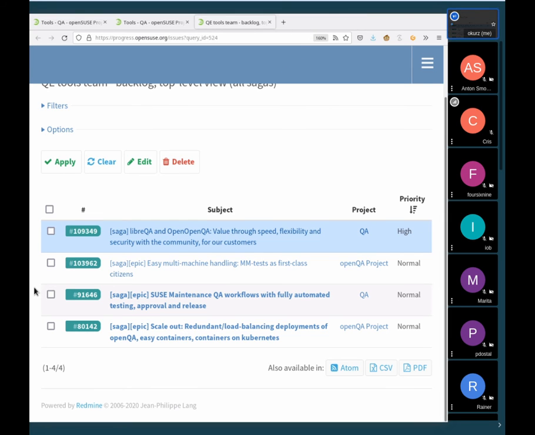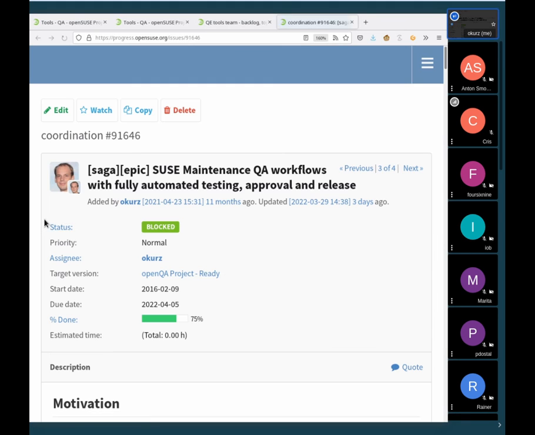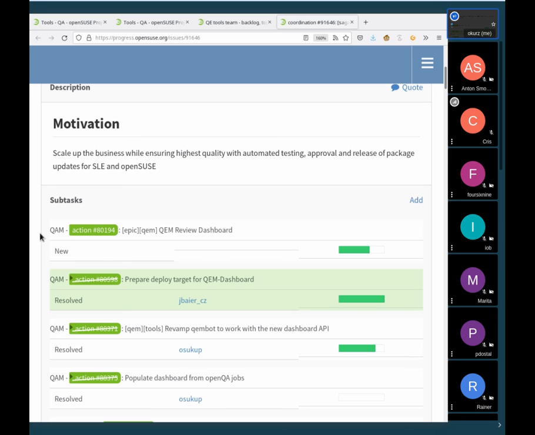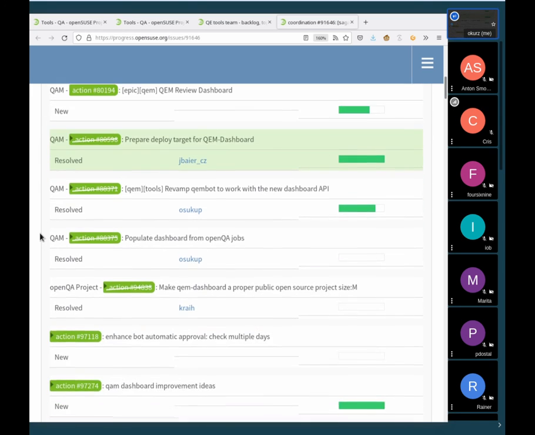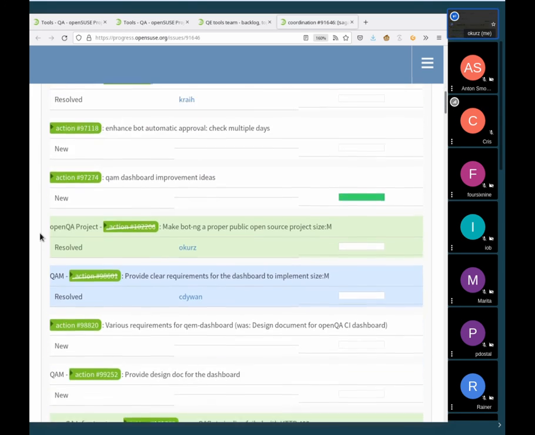The next epic is SUSE maintenance QA workflows. I would say the next pressing story that we would like to work on for that would be